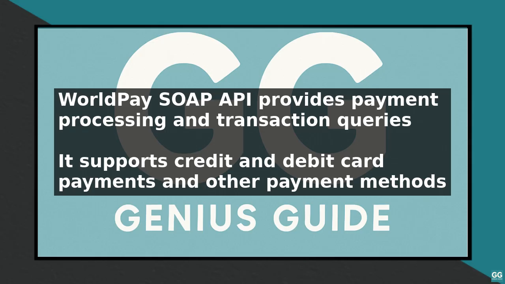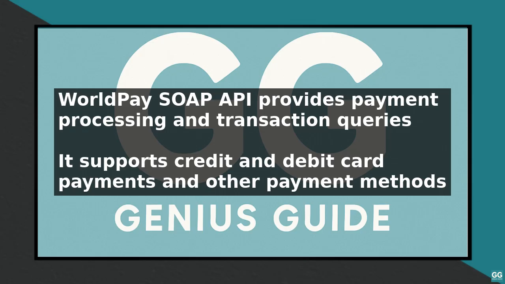To use the WorldPay SOAP API, you will need to create a SOAP client in your preferred programming language. This involves creating a SOAP envelope, adding the required headers and payload, and sending the request to the WorldPay API endpoint. In terms of practical examples, a common use case for the WorldPay SOAP API is to process a payment